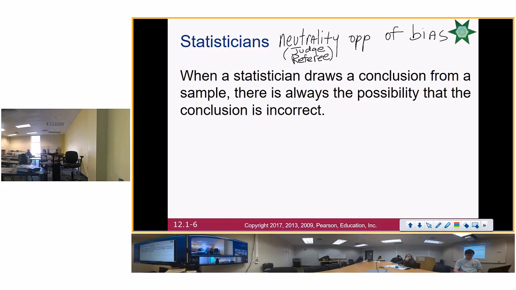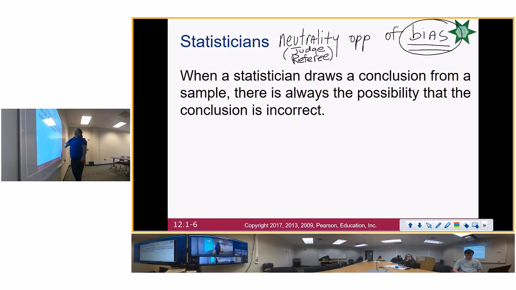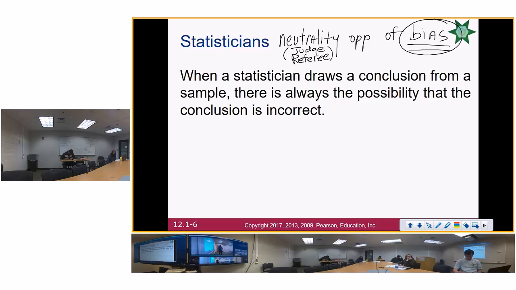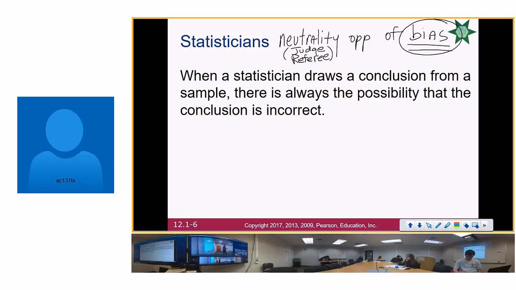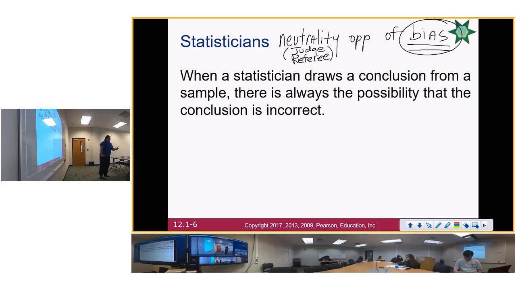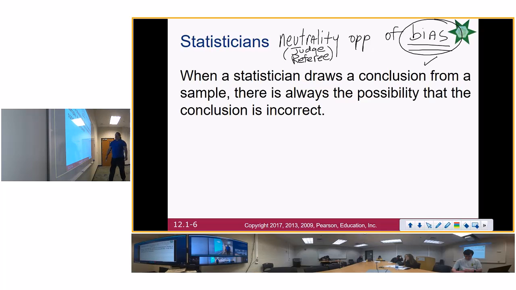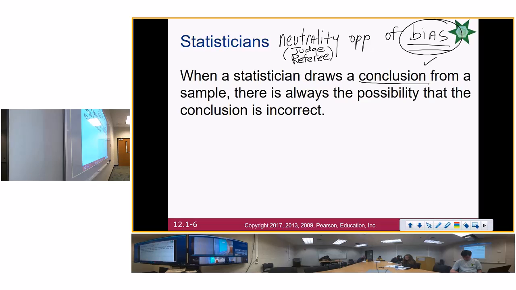This is what Mark Twain was talking about. There's a lot of times I can prove something to you if I give you a false assumption. A lot of times in statistics, they start off with a false assumption. And you have to be very careful of this, whether you're presenting, whether you're doing research, or whether you're watching a presentation. You have to be very careful. You draw a conclusion, but you have to make sure that all through everything you're very what? Neutral.